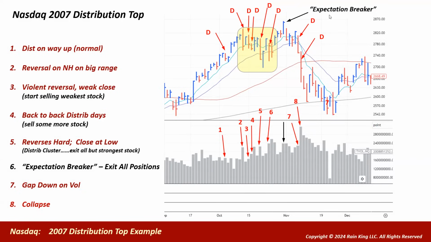And this turns out to be the expectation breaker. And what I mean by that is it's an expectation breaker because when you have this day here and you're at new highs, you expect the market's going to follow through and we're going to go to new highs. Well, the very next day, we get hit with another down day. And it was a couple days after that, the market really, really fell apart. The expectation breaker day here, where we turned and reversed, that really was the final signal to exit all your positions, that the market was going into a correction. And we gapped down on volume and it got worse. So this is just an example of these distribution day kind of tops.